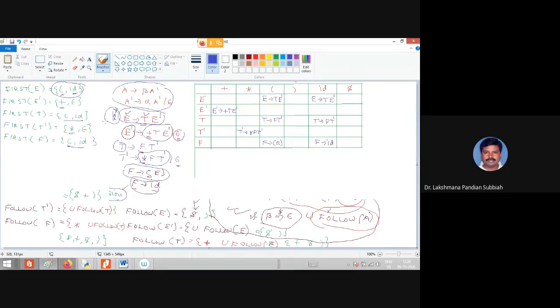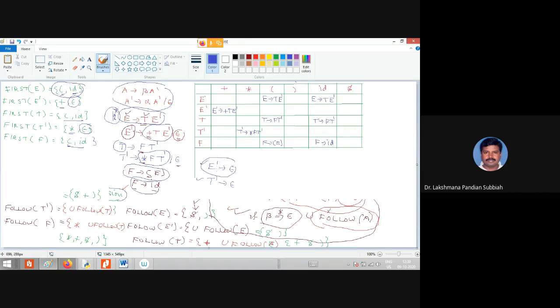Now the remaining production rules not yet filled are E dash derives empty and T dash derives empty. So forget about the symbols now. Now we are adding for T dash and E dash: E dash derives empty.